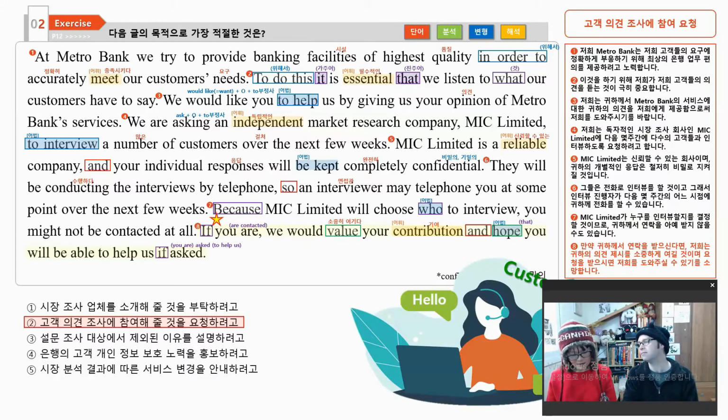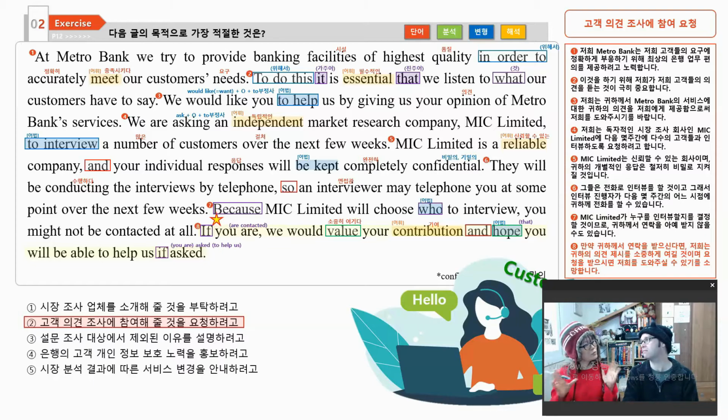I see. And number 5 is to inform customers of changes based on the result of the survey. They didn't finish conducting the survey, right? Not yet. So they don't have the result yet. They don't know what changes they're going to make yet. No. That's in the future, right? So that is why number 2 is the best answer for this question.